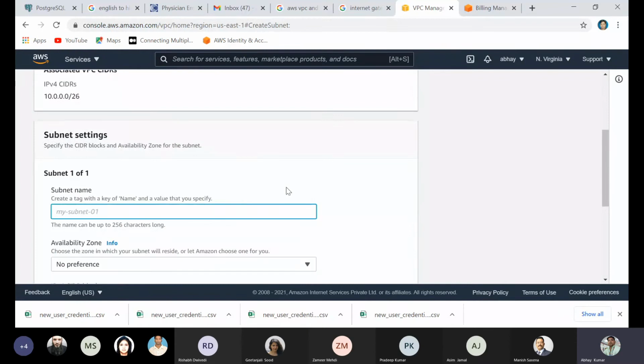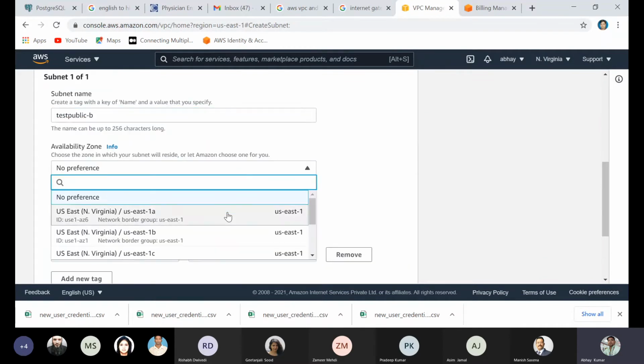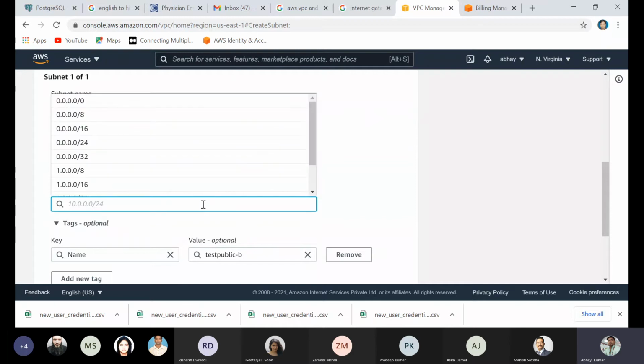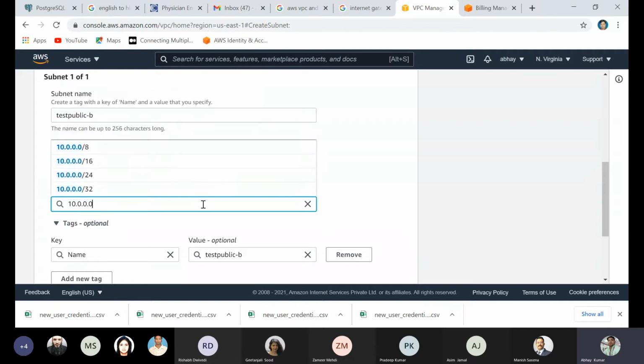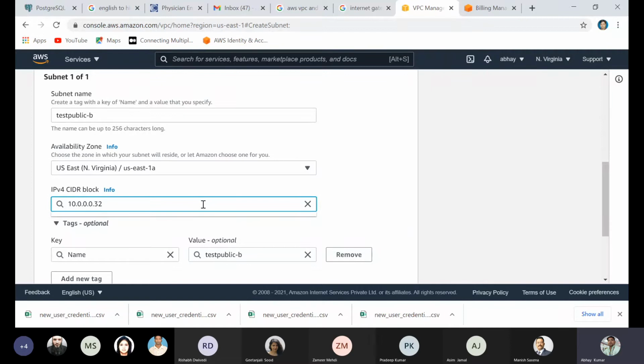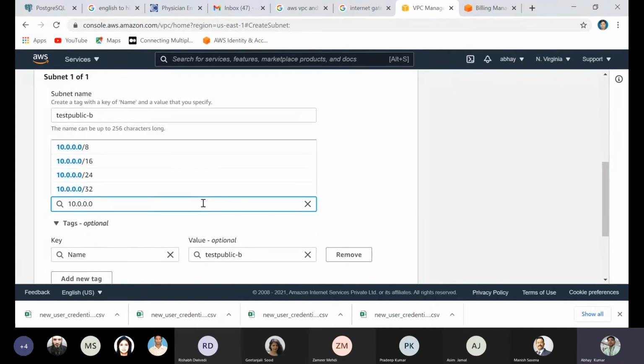Again create more subnets, one more private and one more public. The same thing comes again: we have created 16, so what is next? The next one is 10.0.0.32. Means 16 to 31 is the 16 block, and we come to this one again with 32.